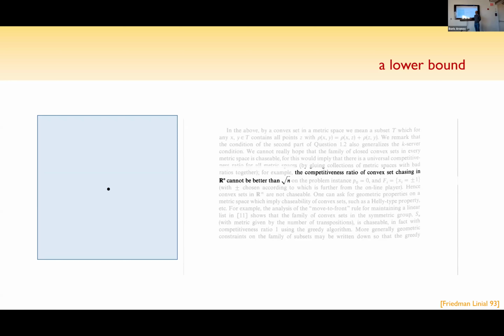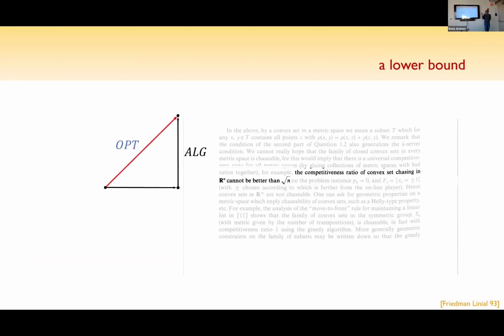Okay? So what am I going to do? Initially, you are sitting at the origin. I'm going to give you one of the facets. Now, where are you going to go? If you deviate from the middle of this line, I can give you either this point or this point. So essentially, you have no incentive to go anywhere else but the middle. You can make all this formal, but it's easy. And then I'll give you one of the corners, and you move there. You paid 2, where the right answer was square root 2.